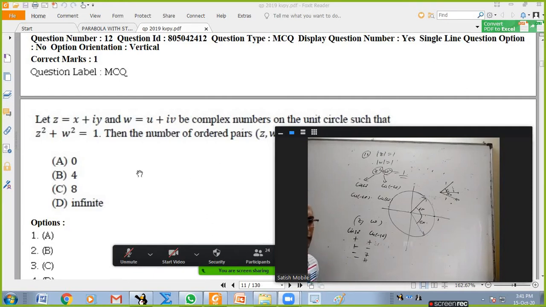Somebody can take Z as X plus iY, and they're given W as U plus iV. Really find Z square, really find W square, and equate real parts and imaginary parts. You'll get some equation. Use X square plus Y square is equal to 1 and U square plus V square is equal to 1. Try to solve, you'll get it. Or some manipulation of properties of complex numbers also can be done. But I feel,